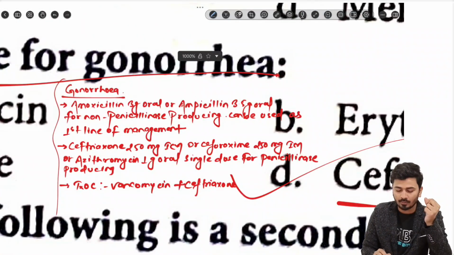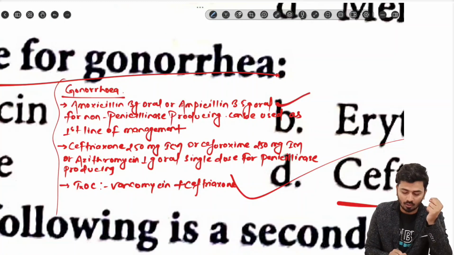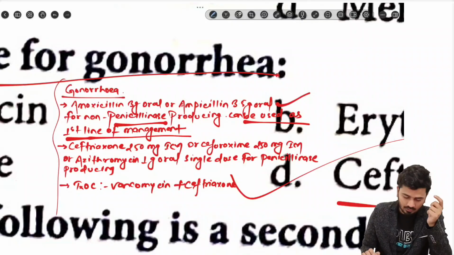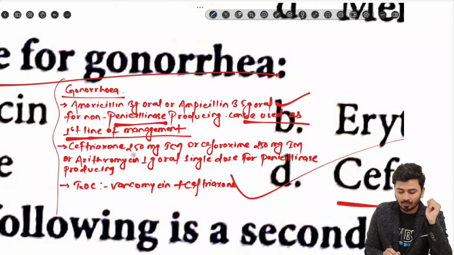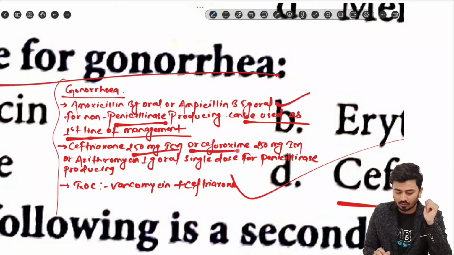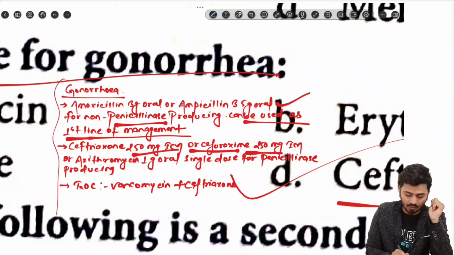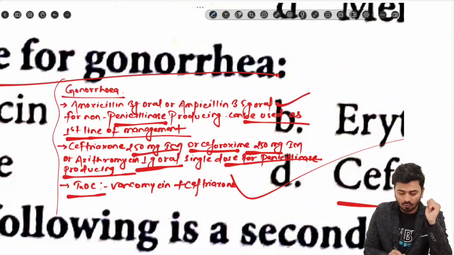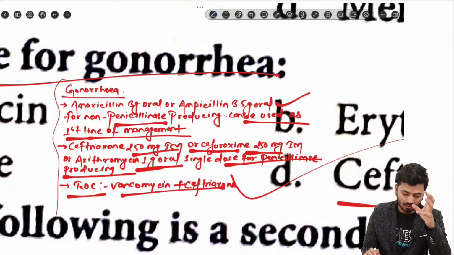Amoxicillin 3 gram oral or ampicillin 3.5 gram oral for non-penicillinase producing gonorrhea can be used as first line of management. So the first line of management for gonorrhea will be amoxicillin 3 gram oral or ampicillin 3.5 gram oral. Ceftriaxone 250 milligram IM or cefuroxime 250 mg IM or erythromycin 1 gram oral single dose for penicillinase producing gonorrhea. Treatment of choice will be vancomycin plus ceftriaxone. If we combine both these drugs,